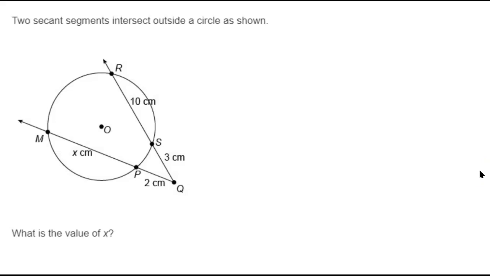Two secant segments intersect outside a circle as shown. What is the value of x? So we know that we're going to take the full secant line, which is 10 plus 3, which is 13, times the exterior part of the secant line, which is 3,